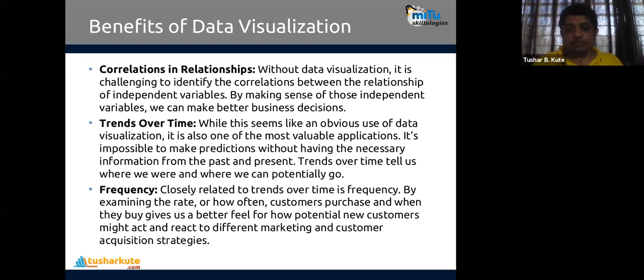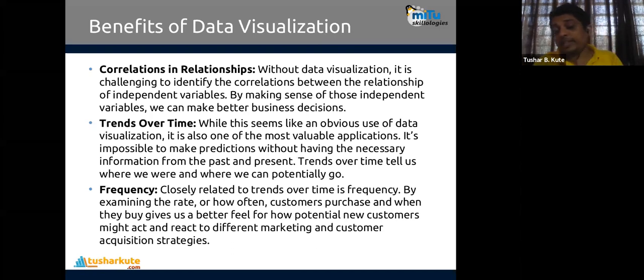Second, trend over the time. This is what I told about the time series analysis. Time series analysis is the method of data modeling where the data is stored according to time. So on this month, what was the sale? On next month, you have to identify month sale, month sale. So month is the time, and sale is your output variable. So if you plot it, you can see that ups and downs are there, or some incremental progress is there. It's called time series analysis.